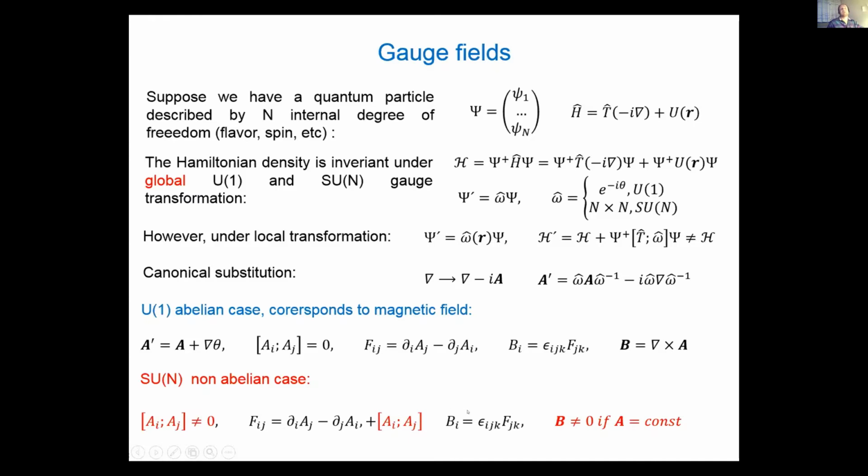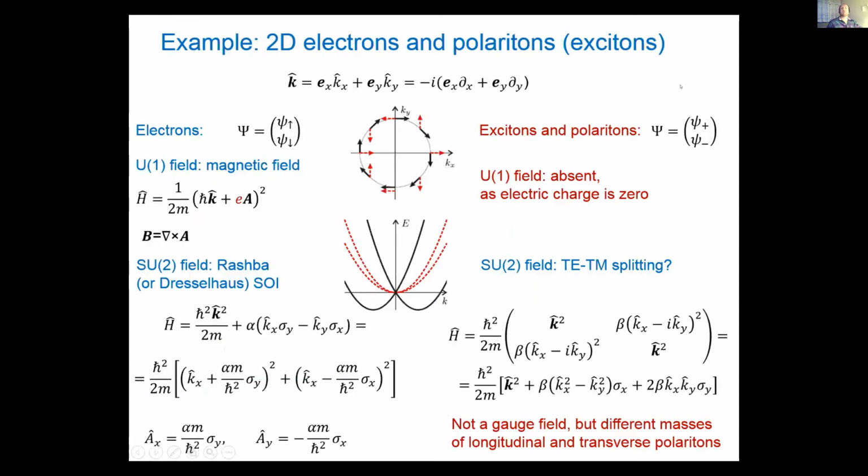And well, then the analog of magnetic field will also be written in terms of the matrices. So how all this works in the domain of condensed matter, and in particular in the domain of polaritonics. So I want to compare here two situations, one situation corresponding to two-dimensional electrons, and another one corresponding to two-dimensional